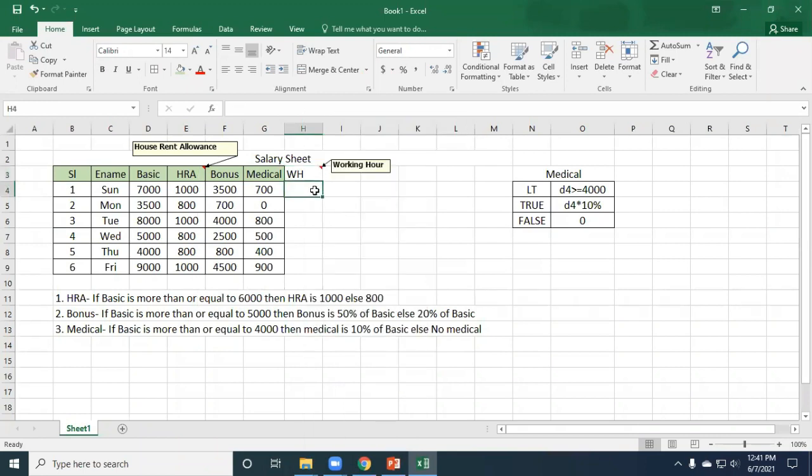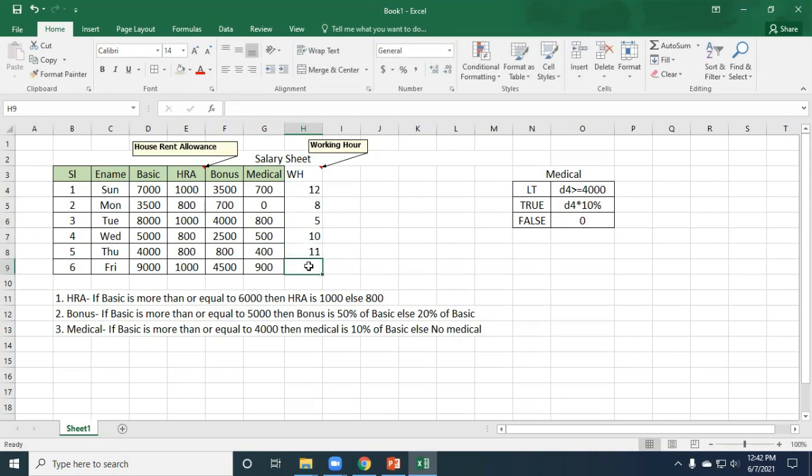Working hour means you have to write down the working hour. This is just for example. Actually we are going to learn IF functions and how to calculate. So the working hour is 12 hours, someone works 8 hours daily. See, someone works 5 hours, someone 10, someone 11 hours.